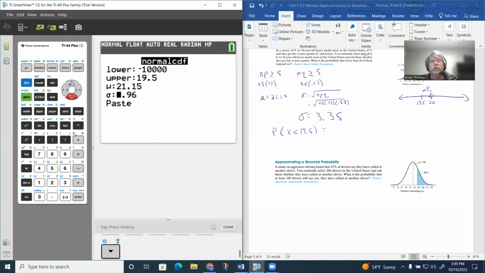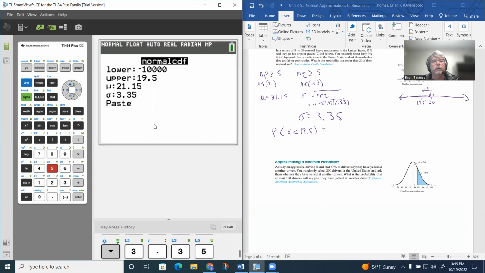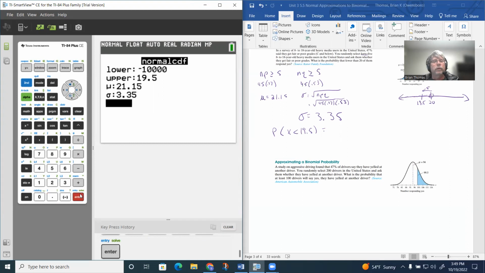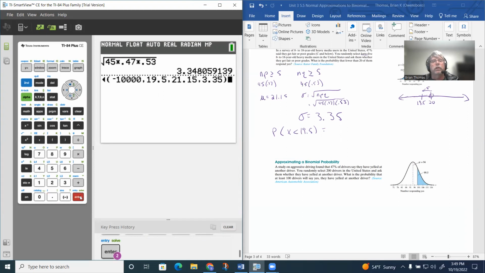And our standard deviation was 3.35. So this allows us to avoid the tables and all the z-scores by doing it this way. So if I hit enter, it'll paste it in for us. Hit enter again. So we end up with then,